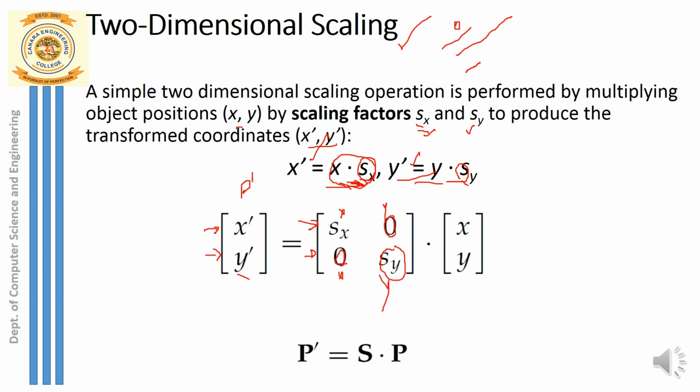This is how you write the scaling matrix in the form of a 2 cross 2, and then multiply that with what? The x coordinate and y coordinate. X and y represent our old point P, which is written in the form of a column matrix. So now the old point, which you multiply with the 2 cross 2 scaling matrix, and the answer that you get is nothing but the scaled point P dash, that is the x coordinate and y coordinate of the scaled point P dash. So this entire thing I can write as a general equation. P dash is equal to the scaling matrix which you multiply with the old point P. So this is our general equation.